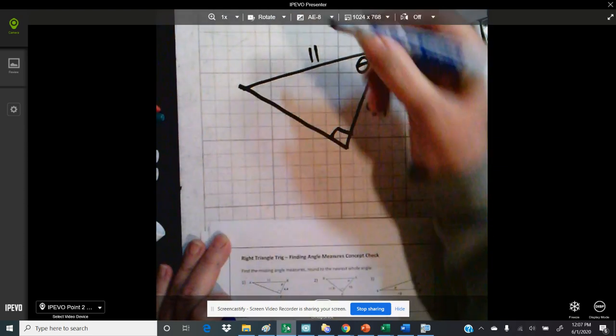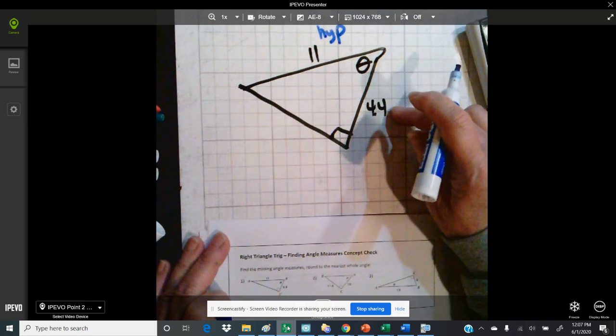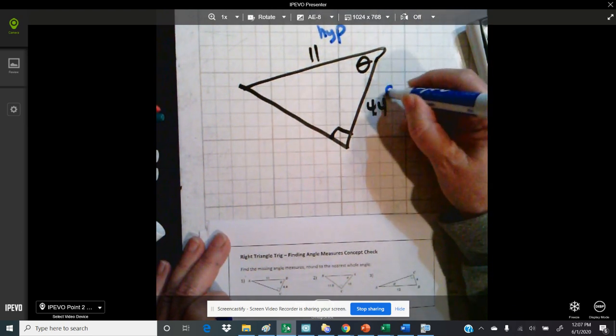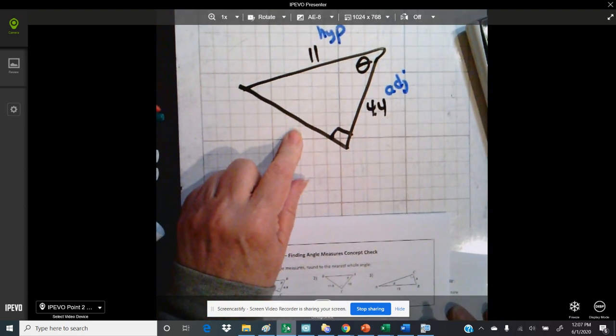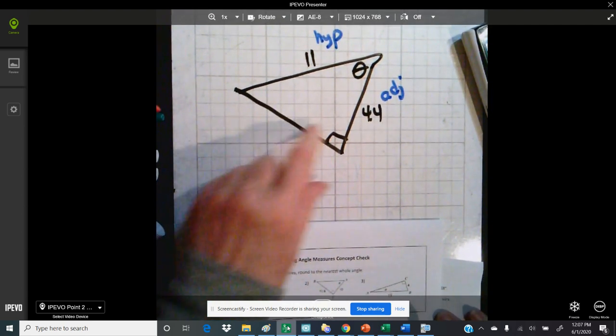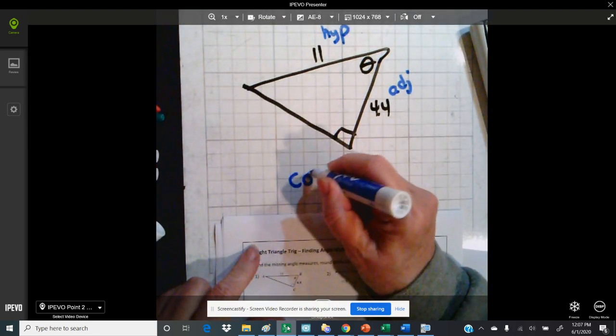So once again, opposite my 90 degrees is my hypotenuse, so I know that this here is my hypotenuse. This side is right next to the angle, so I know this is adjacent. This isn't marked at all, so I'm not going to worry about it. I'm going to look to see, well, what uses the adjacent and the hypotenuse? So that'll be the cosine of some